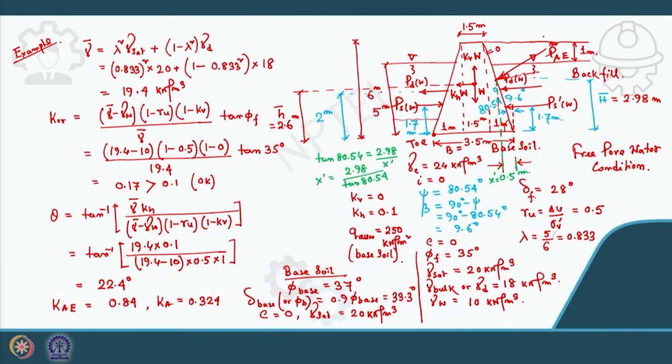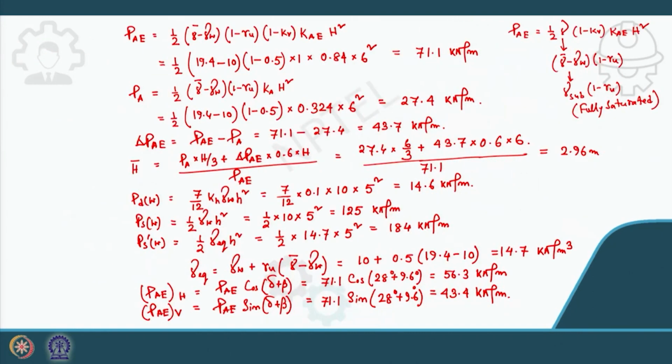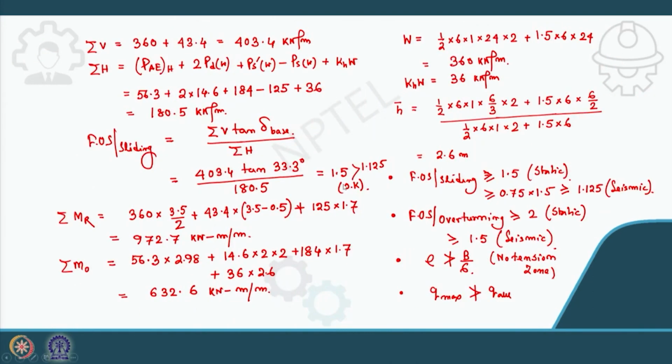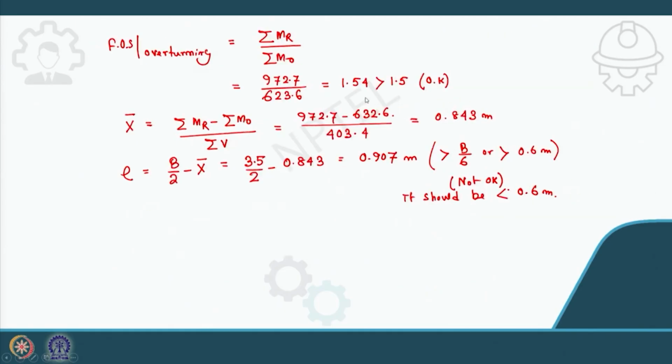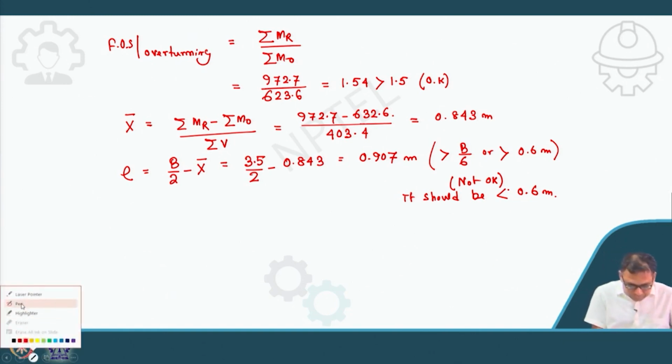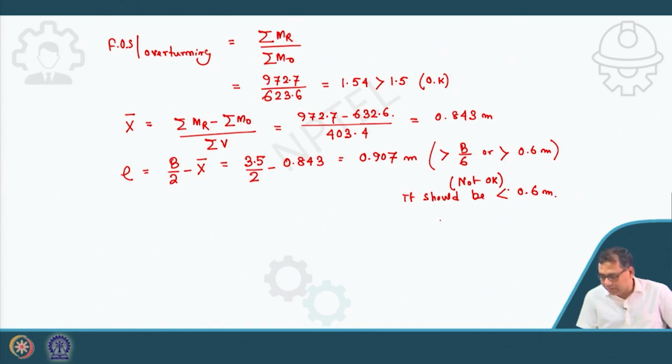So, this was the problem, and then we observed that it was safe against sliding, it was safe against overturning, but a tension zone was developed. Our condition is that there should be no tension zone, but a tension zone was developed at the base of the footing, because your E value is greater than B by 6. So, that means we will revise this design, because our aim is that below